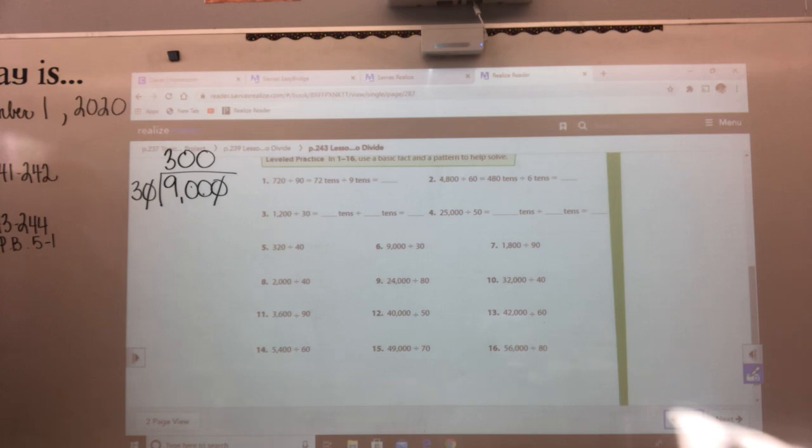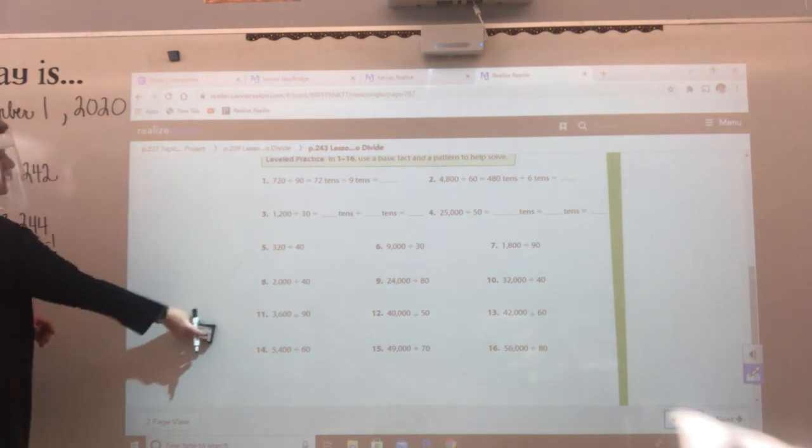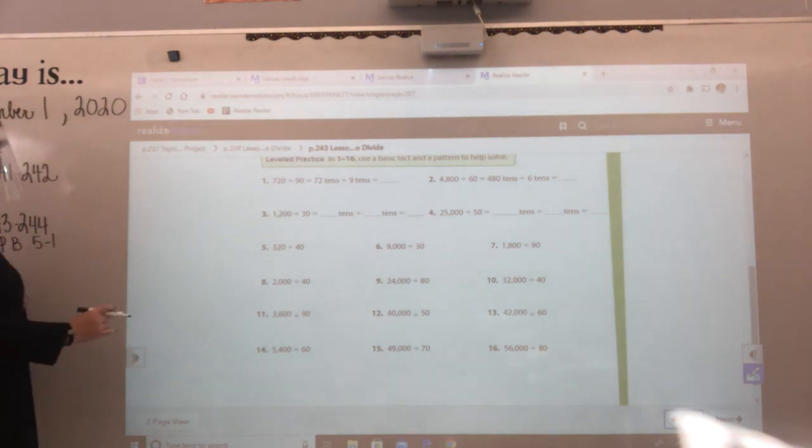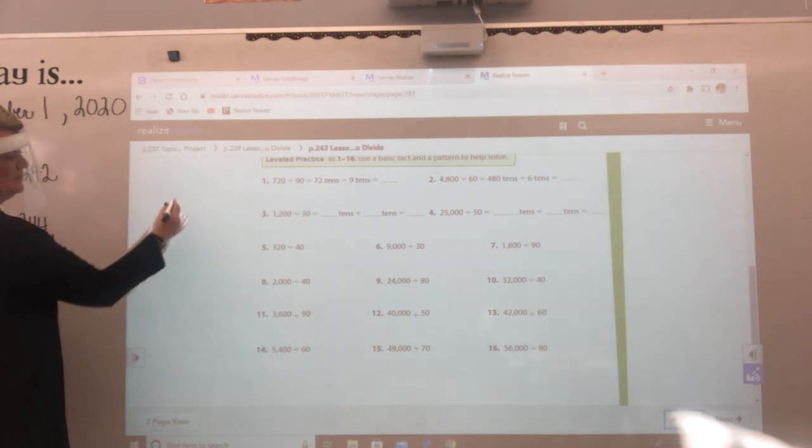Okay, thumbs up if this is making sense. It's pretty easy, isn't it, if you know your multiplication. Okay, Kiara, this is the last one I'm doing on the front. How about 16, 56,000